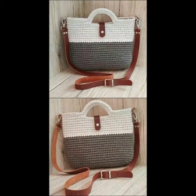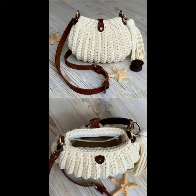And color combination to make your crochet handbags truly unique, happy crocheting and